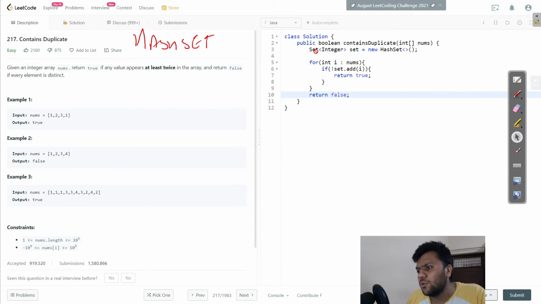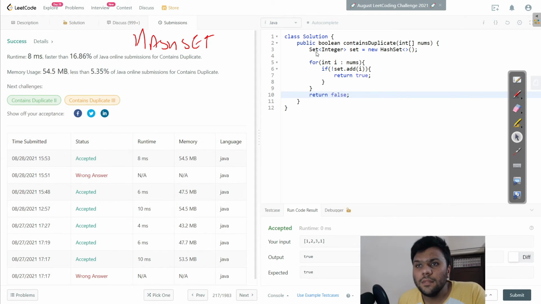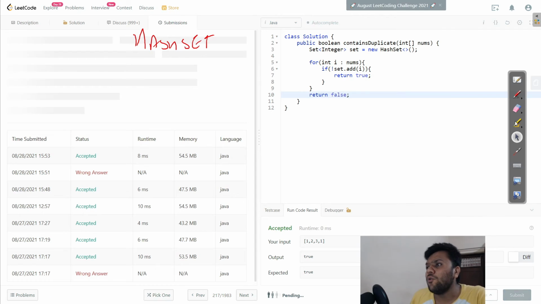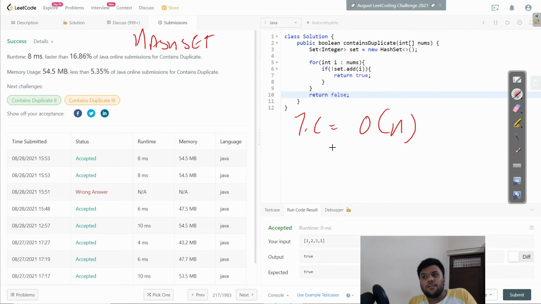Let me just run this code as well. And here we go guys, let me just submit this one as well, and here we go. Don't look at this over here, in this one the runtime is 100%, so it's accepted with 100%. Sometimes it happens, you know. Now you will ask what time complexity we are dealing with. The time complexity in this one is O(n), because we are just searching and inserting the value in our set. And our space complexity is O(n) as well, because the hash set uses space.